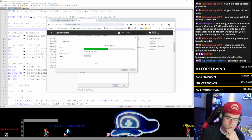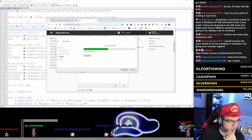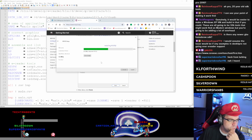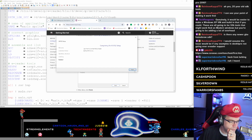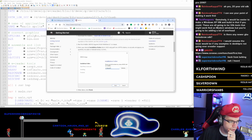So one of the problems I was having was with paths, because you'll notice all the slashes are facing the wrong direction in this make file, and I thought I understood what was going on, but now I really question that. So we're gonna do a little experiment. Run MSys2 now. We have a new...